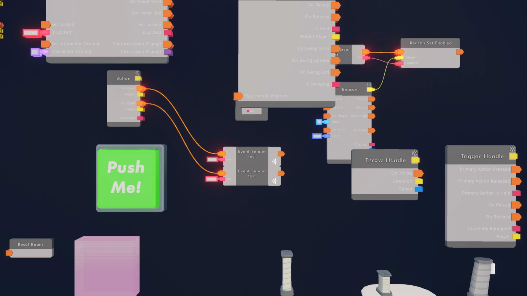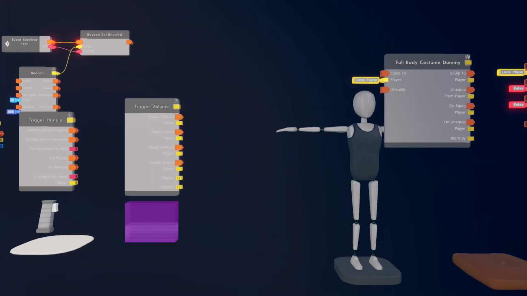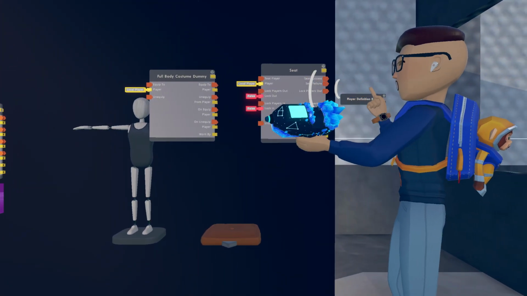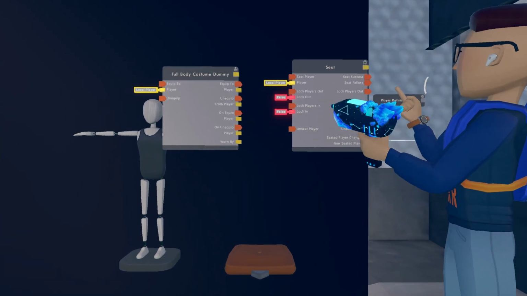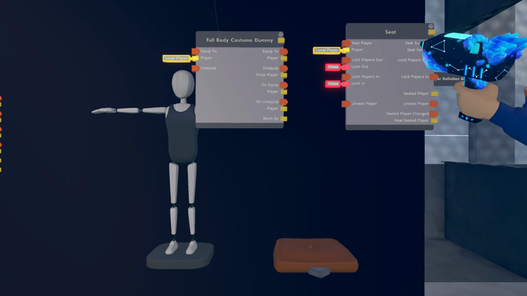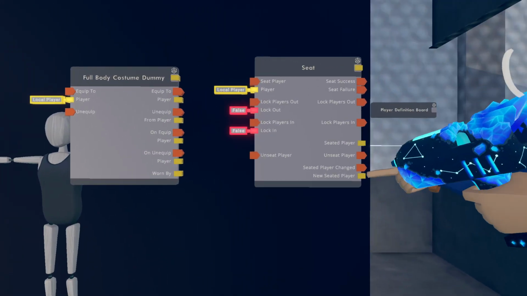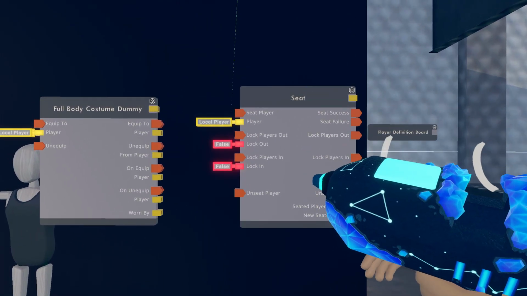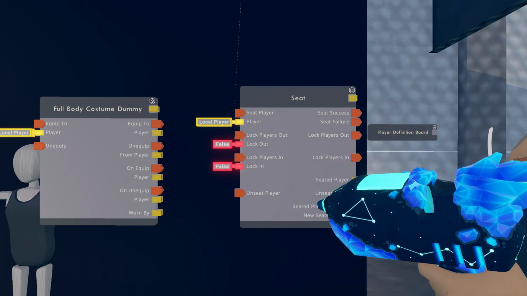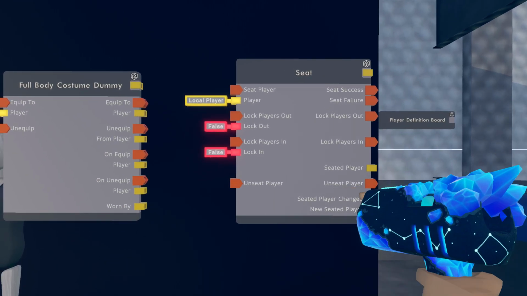So these are pretty much all the components that have affiliated object boards. Most of the time, the events will just be wired out through the object board, so you won't have to touch them directly if you're just looking at the board. You can see there's an unseat player. Hold on, let me check which ones exactly are running events. Yeah, so seated player changed right here. You can't see it internally, but it doesn't really matter. It's just an event receiver. Internally, there is an event that runs when the seated player changes, and that just gets routed out through here.